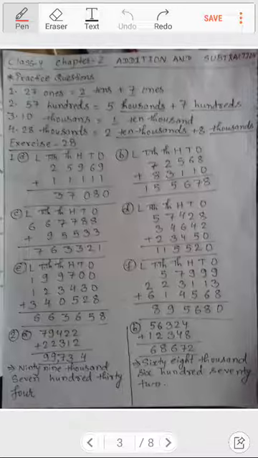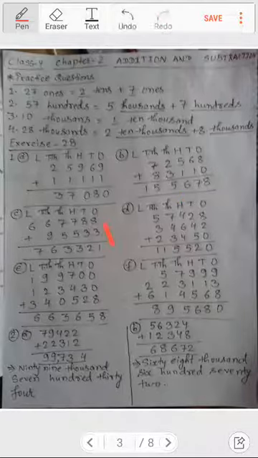So now if you see here, I added 8 and 0, then it became 8. In the same way, 6 and 1 is 7, then 5 and 1 is 6, then 3 and 2 is 5, 2 and 3 is 5, and then 8 and 7 is 15. 15, 5 carry 1, and there is no number, so 1 is written as it is. In the same way, you can see over here I added in question number C.